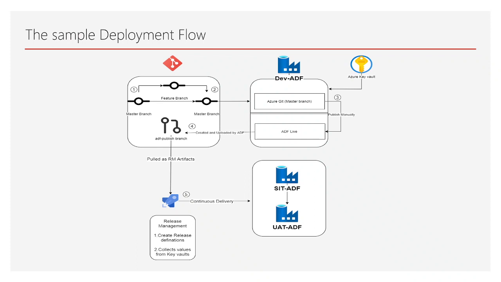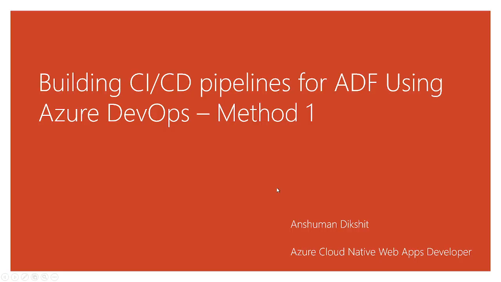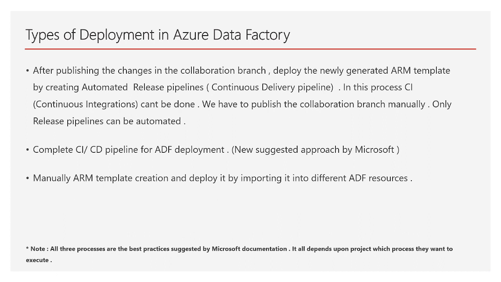So that's all. In this video we have done this, but in our next video we will go for the second part. This one is the complete CI/CD pipeline for ADF deployment. Here we are using the manual publish button, but there we will not use the manual publish button, though there is a glitch here. Microsoft is still not recommending this, but Microsoft has already mentioned that it can be used in the supported format. So stay tuned for this video.